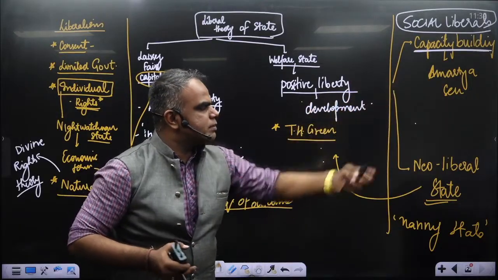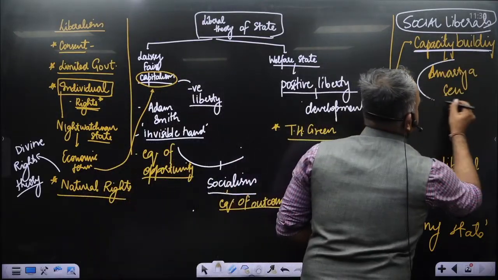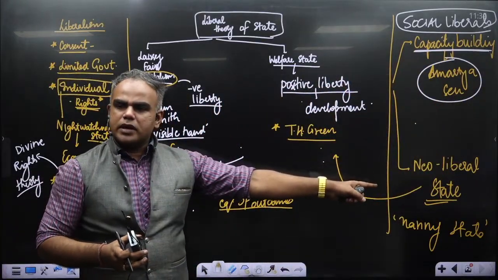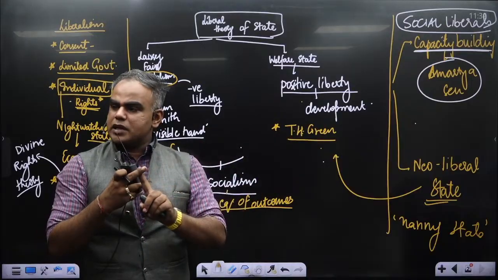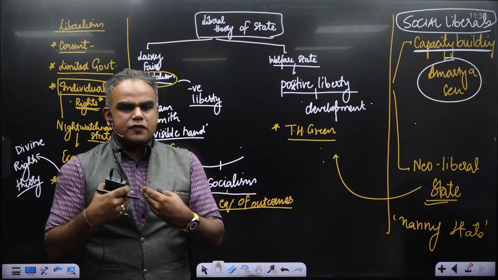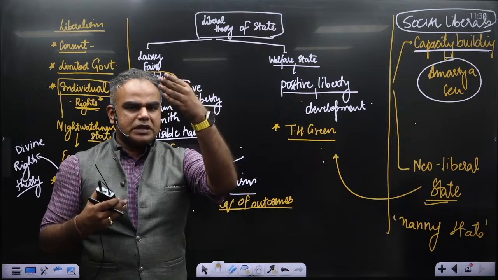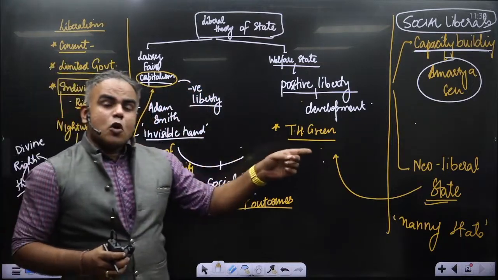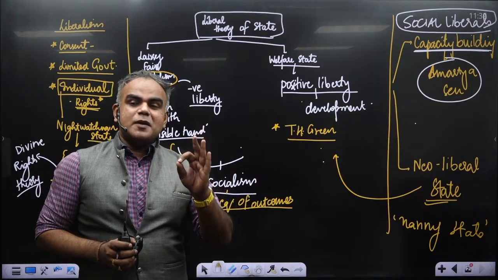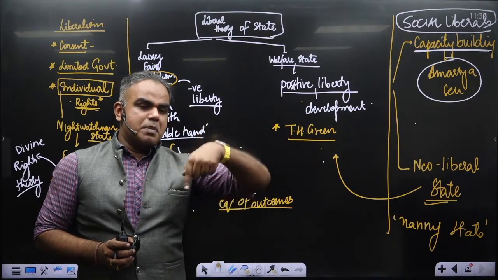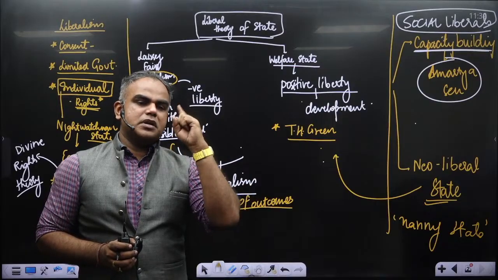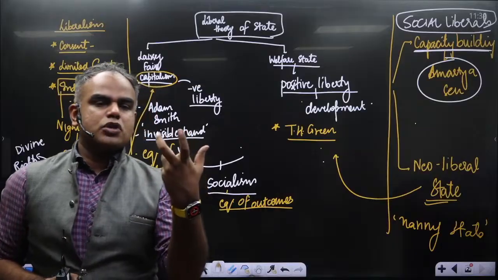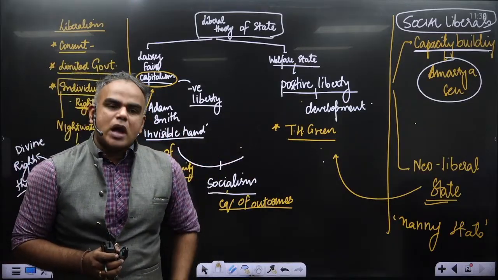I'll also tell you some more thinkers as we move along, but the main thing is to understand what is happening all across. Then you would have neoliberal theory. Everything will go fine. In 1991, you have India's LPG reforms. Globally, you would have the collapse of the USSR. And also remember, for the neoliberal theory of the state, in 1991 liberalism was seen to be the end point of man's ideological evolution through the works of Francis Fukuyama.